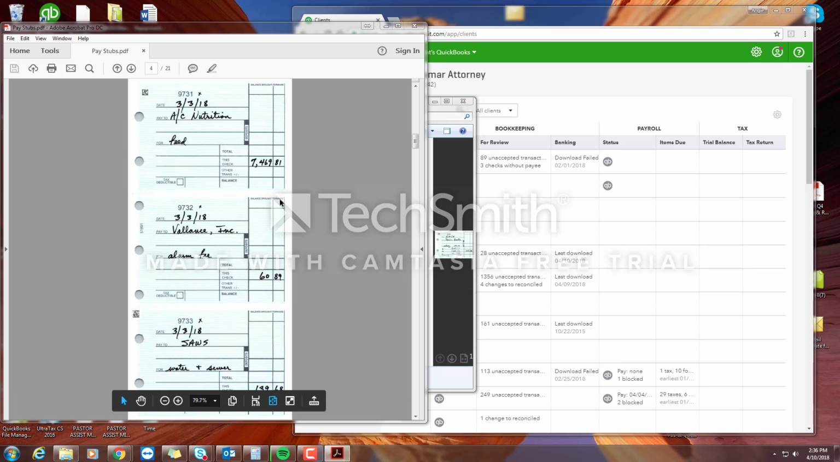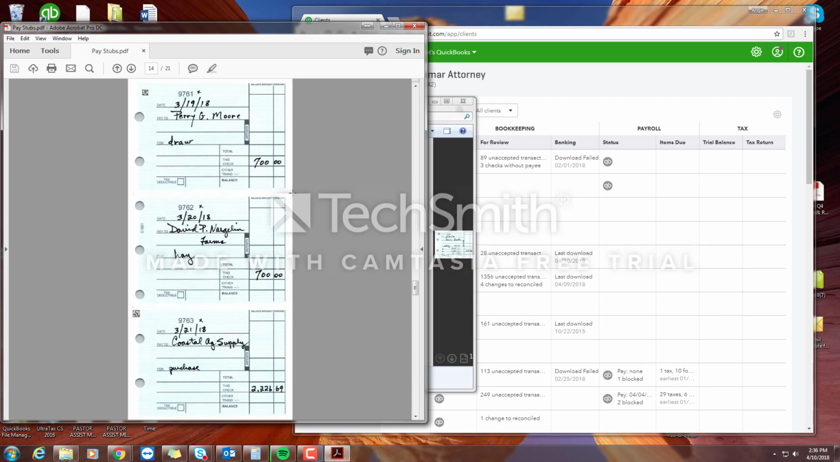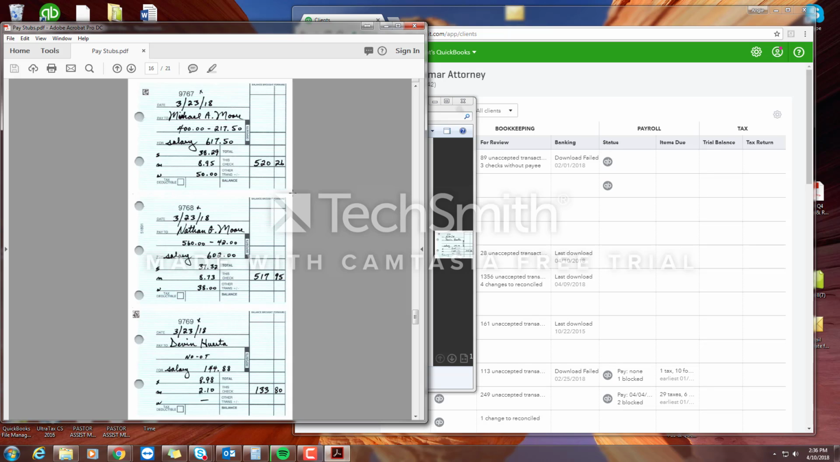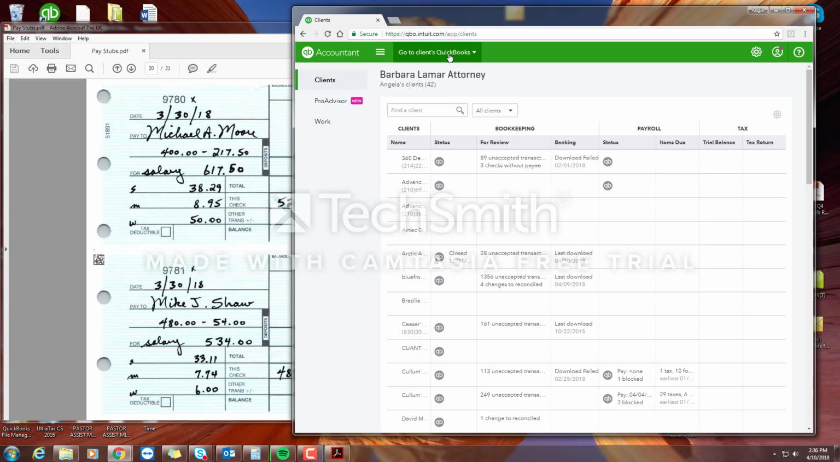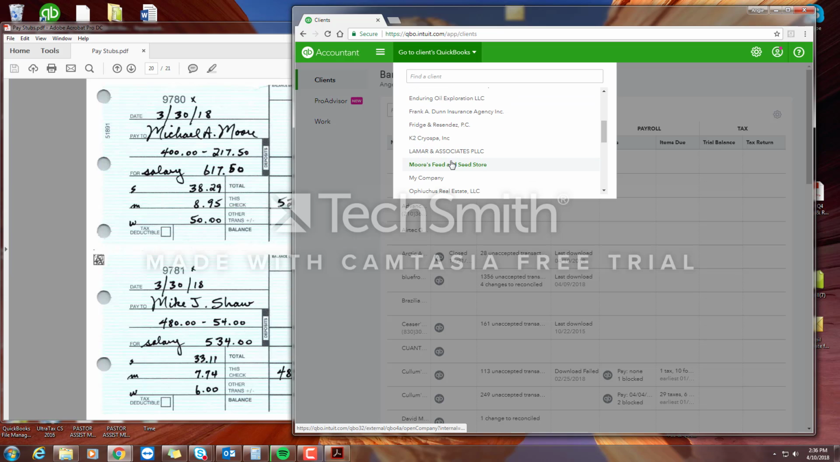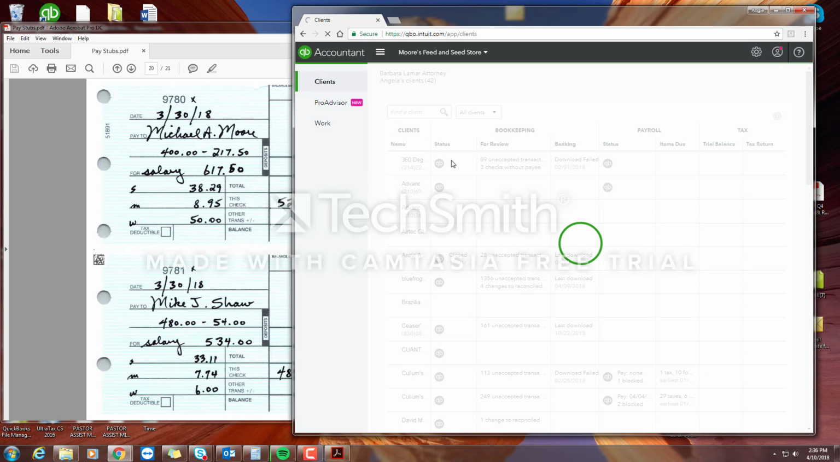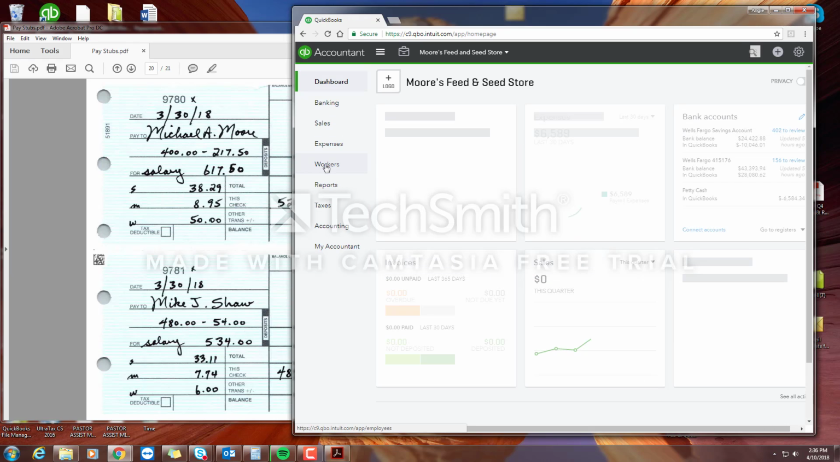Once you have that up, you can find he pays his employees weekly. So I've already entered in the first 3 paychecks, so I'm just going to enter in the last month. We're going to start out with Michael Moore. So once you go to the client's QuickBooks, find Moore's Feed and Seed. Then we go into workers,